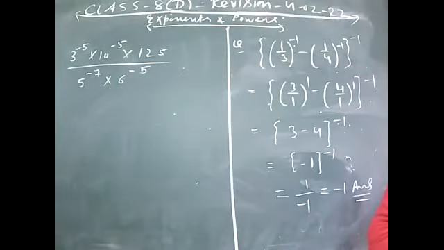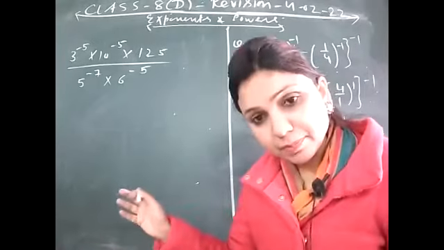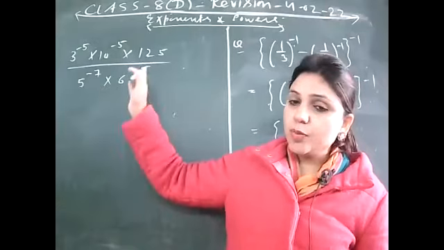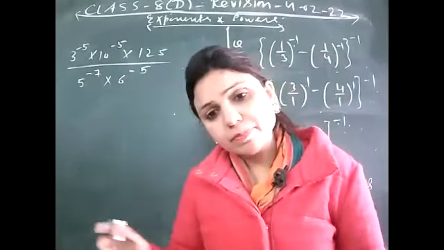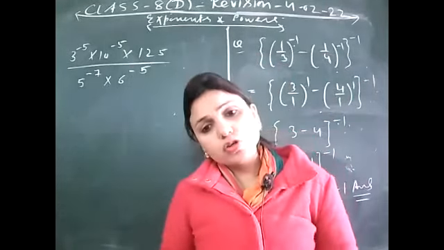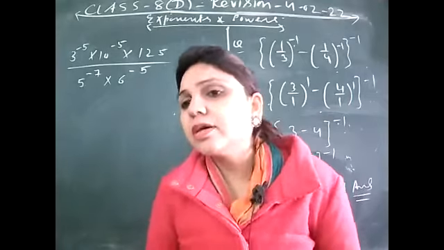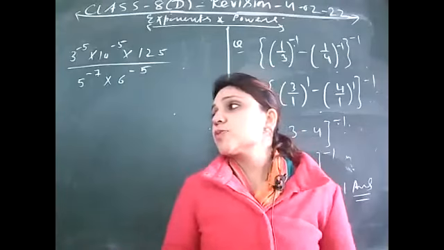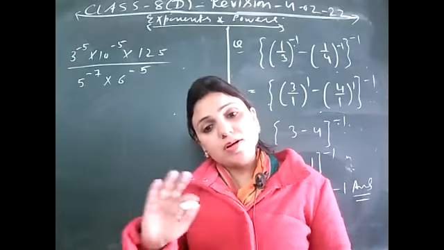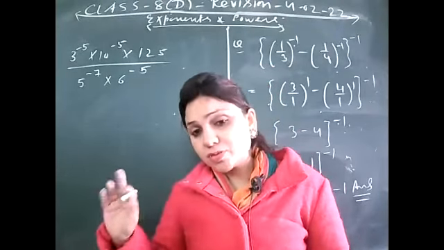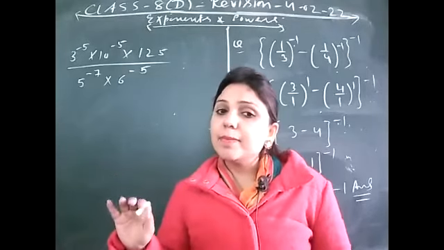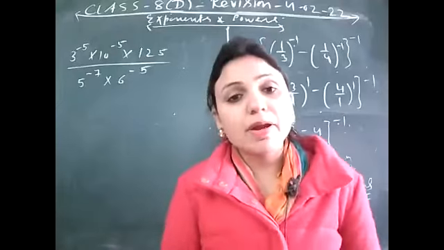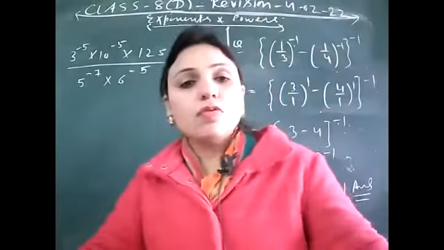Whenever such questions have maximum terms and even negative powers are included, with numerator and denominator both having many terms, it is better not to apply laws of exponent, because that can be complicated as you do not have that much practice of laws of exponent. So you can simply simplify it by using the rule that a number having a power means that number is multiplied that many times, right? So we will have,